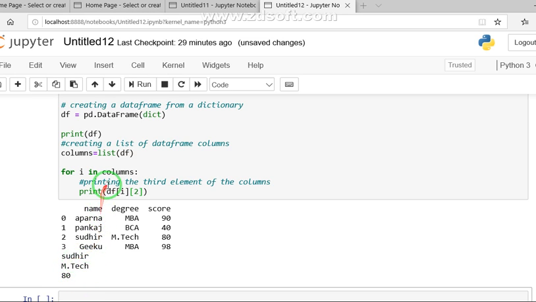The function we have used here, we are using the data frame. i is representing the rows, and this is my column. So the second operation that we have applied prints the third element of the column, that is we have Sudhir here in the example.